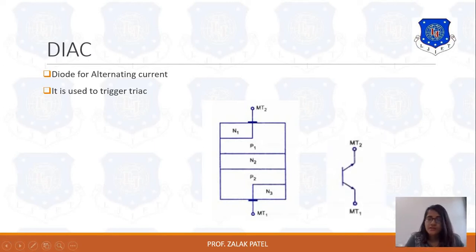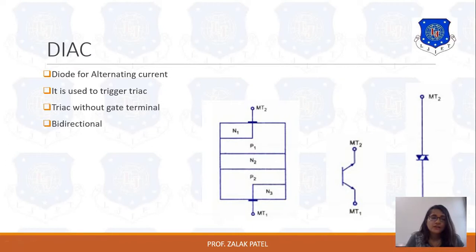This is its circuit symbol. Two terminals are there, MT1 and MT2, but the gate terminal is absent. Here again there are two diodes but no gate control. Because the gate terminal is absent, it does not have voltage control of the device, but it offers bidirectional operation, means operation will take place in both directions depending on the current direction. Here the terminals are named MT1 and MT2.